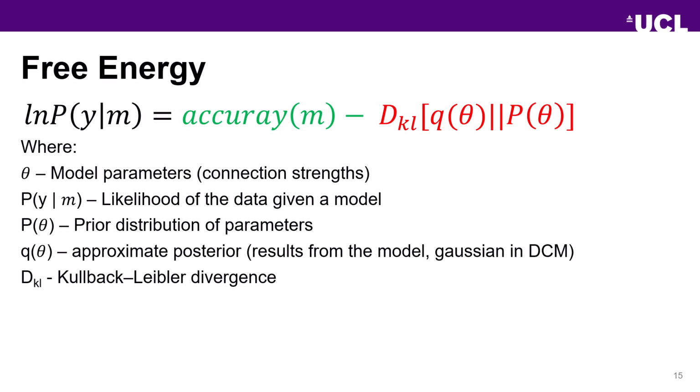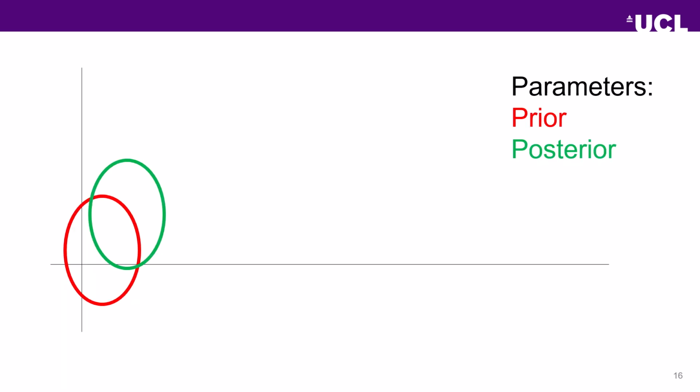So if you remember, we have them both. We have our priors as a Gaussian distribution with the mean and variance. We have the same for our posterior. So when our model is inverted and we have estimated our parameters given the data, this is what it will output. And this is how we calculate our free energy. So an example of how KL divergence will change with free energy could be like this. If this red circle is our prior and this green circle our posterior, and this is the output of our model, this will have a low KL score.